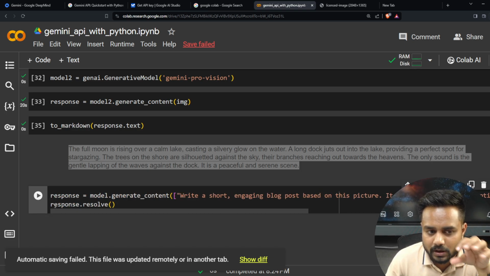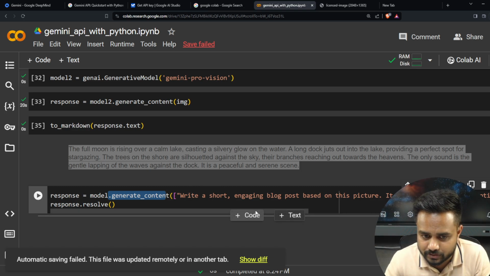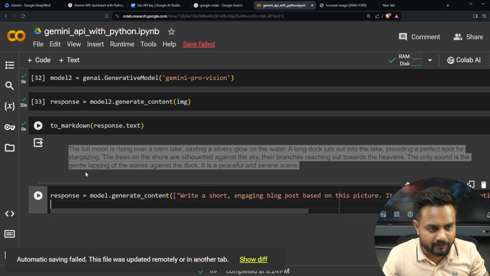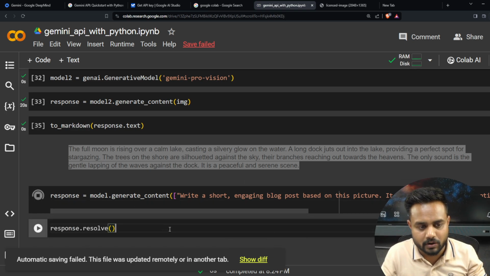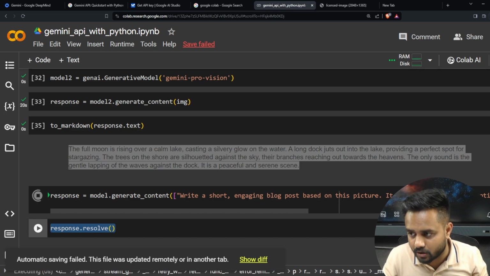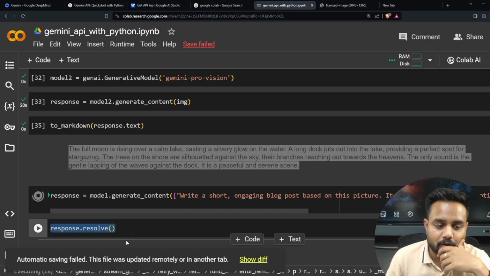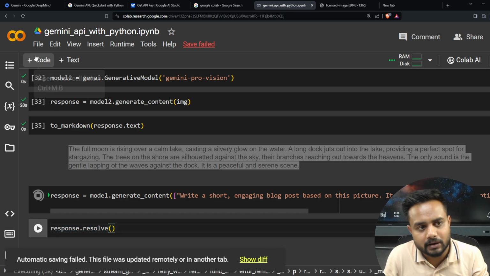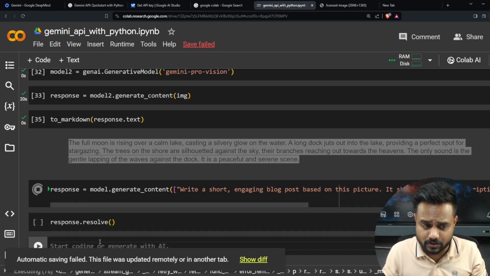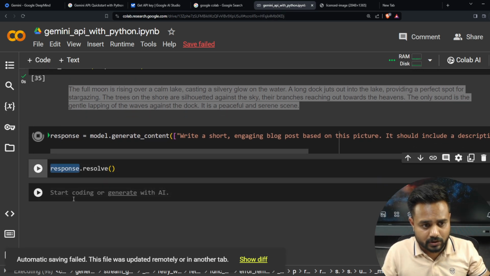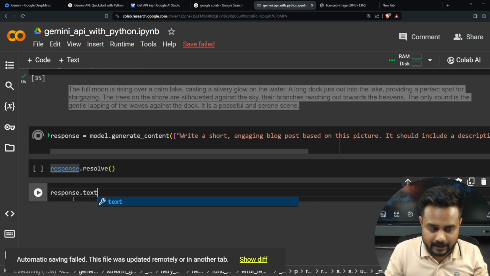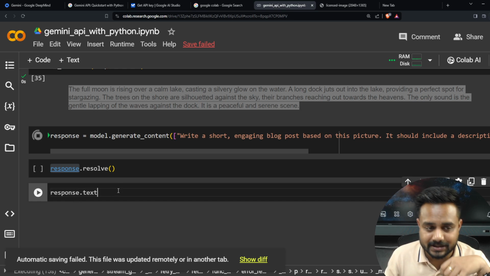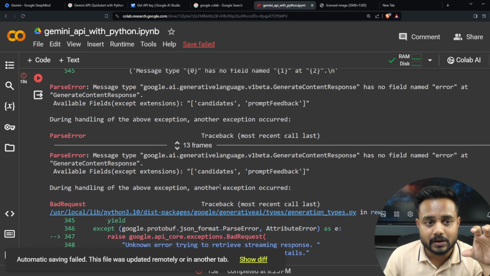So what I'm doing now, to this generate_content, I'm passing the prompt. Along with the prompt, I'm passing the image. Now forget about this resolve. I will come to that. First of all, let's try to run it. So here we are going to run it, and now I will call this response.resolve. Okay, and then you will find out the output, and here I can get the text also. So response.text, right? Here I will call this text, and I will show you how